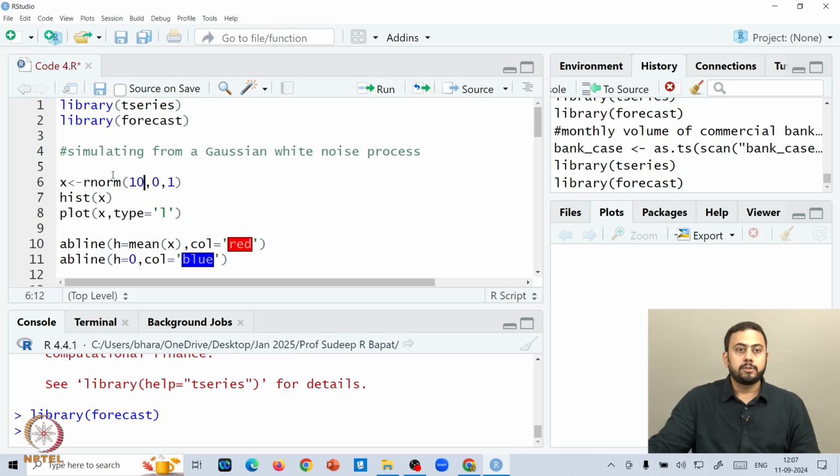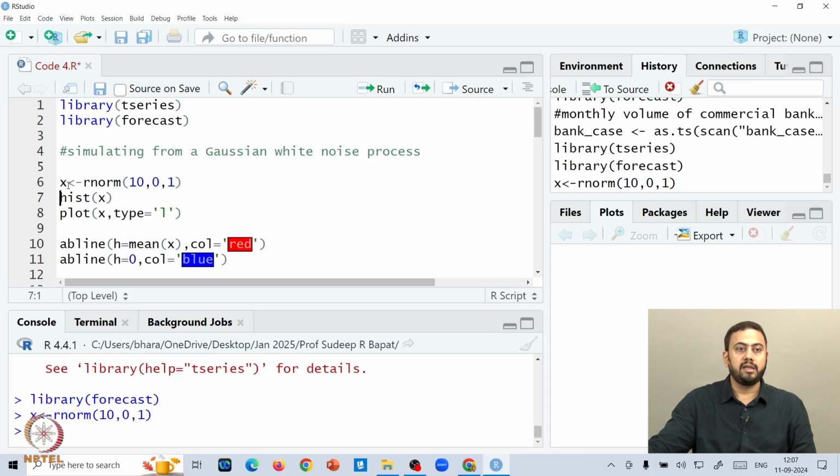The first argument in the rnorm function is how many values you want to generate, that is n, the sample size. Then you specify the mean and the standard deviation. Here we are assuming that the mean is 0 and the standard deviation is 1, so this is a standard normal or standard Gaussian variable. Let's run this.